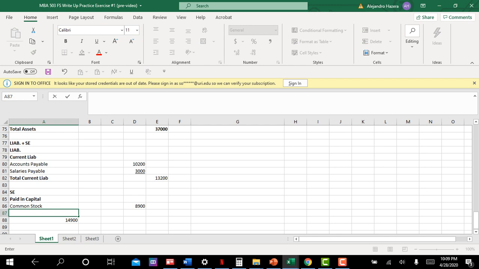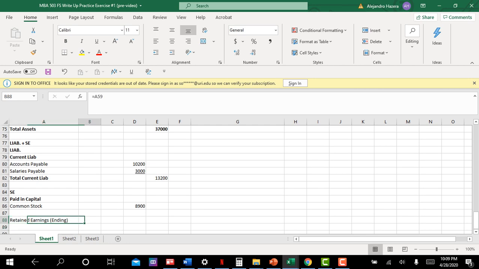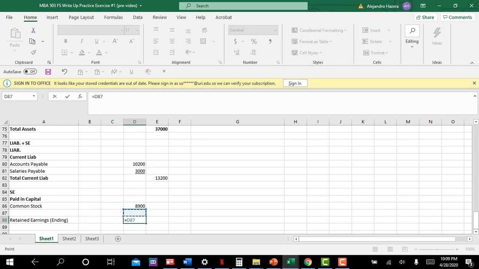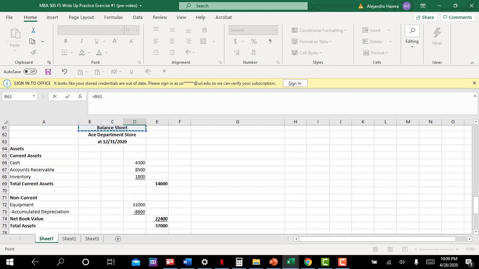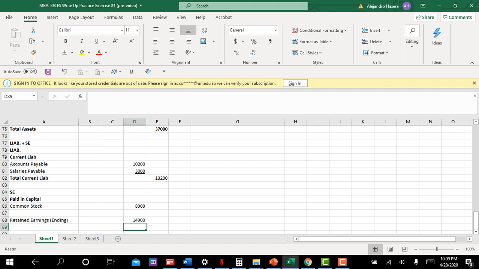Retained earnings is equal to your ending retained earnings, which is that title right there, and it's equal to 14.9. Okay, so your total shareholder, so you got 8,900 that you got from issuing stock, and you've accumulated 14,900 retained